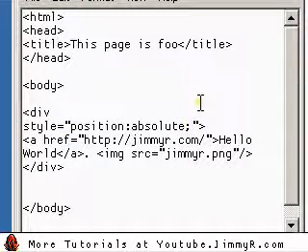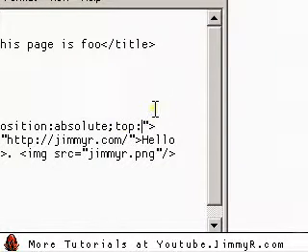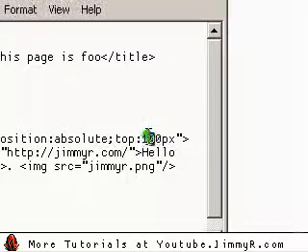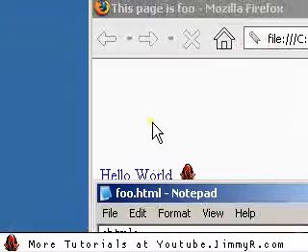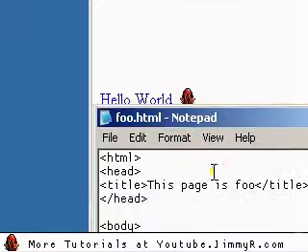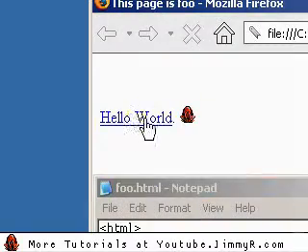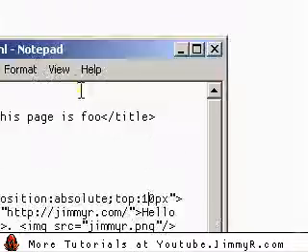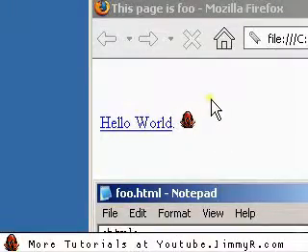Instead of Y and X or X and Y, CSS has top and left. And this is how it works. It says from the top of the page, I want to move the element down 100 pixels. I'm going to save and I'm going to refresh, and it moved down 100 pixels. If I say 50 pixels, it's going to be around right here. Right there, see? So I can change the position from the top in however many pixels I want to